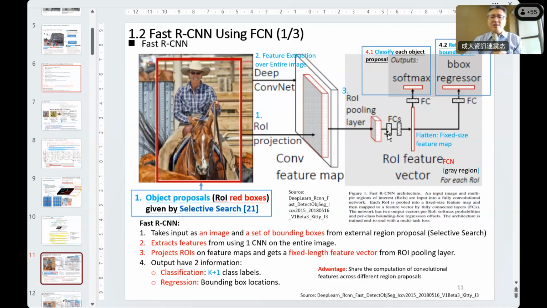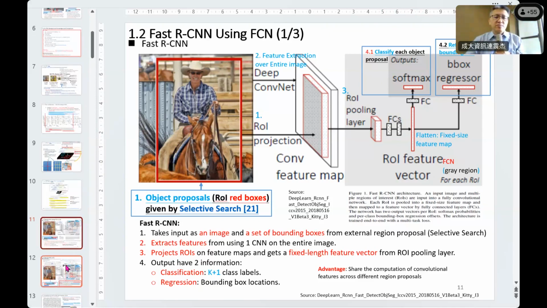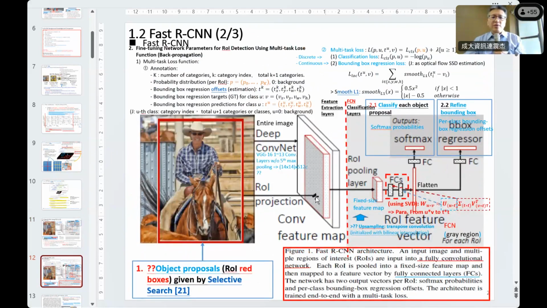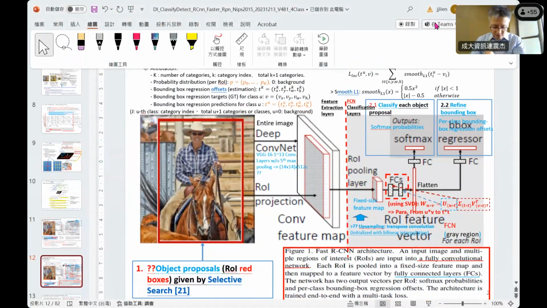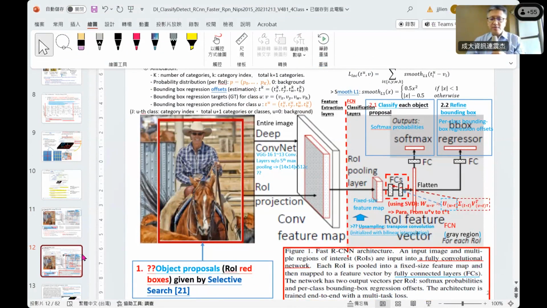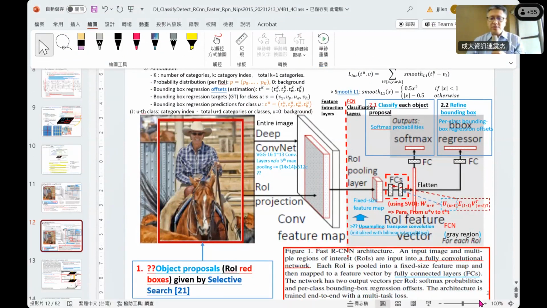So if I combine here, and then separate at the last one, the extraction is the same, but for the different heads, I use one for classification and the other for regression. 这样 network 好处它可以 combine 哦，不用花那么多参数。好，那 loss function is here。时间到了，我把这个讲完，就把这一页讲完。